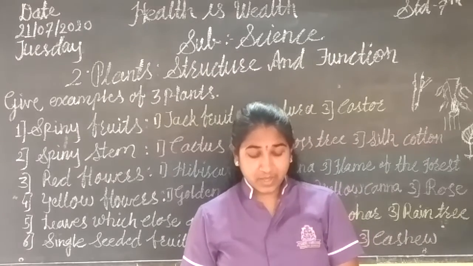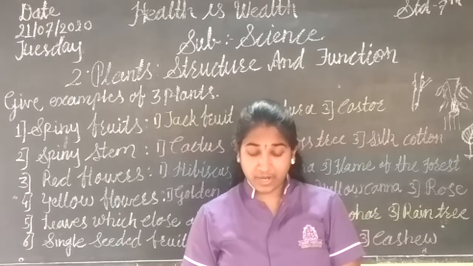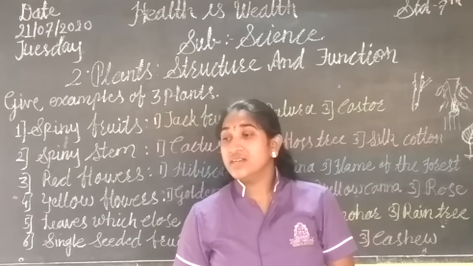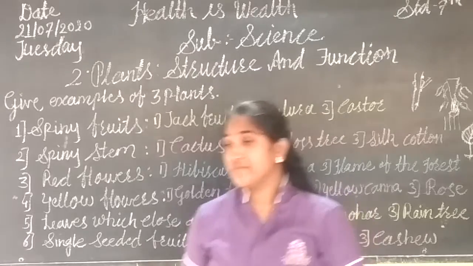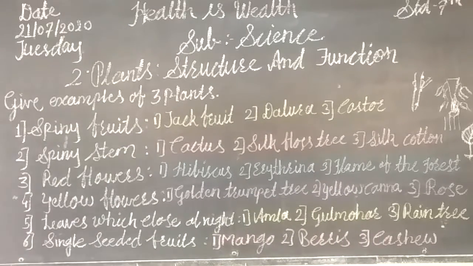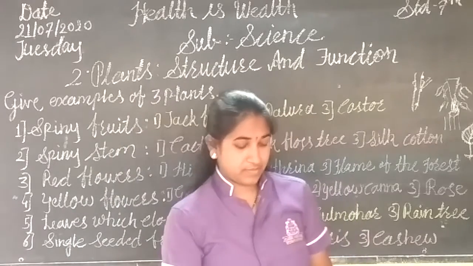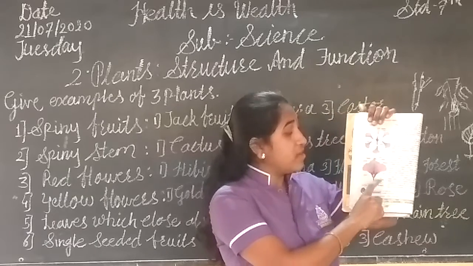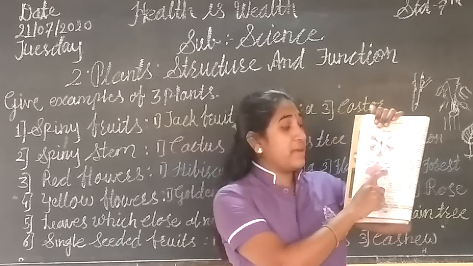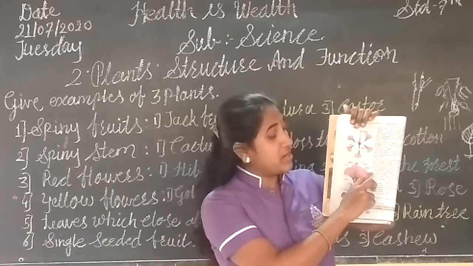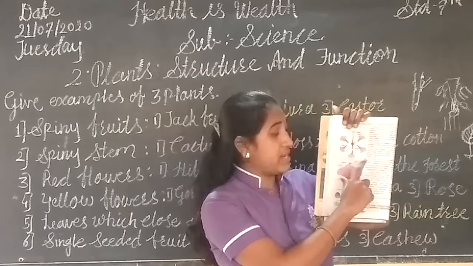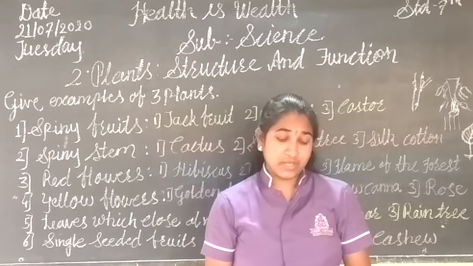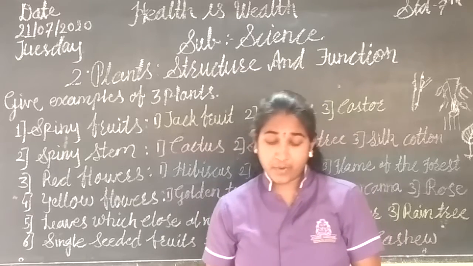Then androecium. The male reproductive part of the flower, which is made up of stamens. Each stamen has an anther and filament. See, in the textbook we saw there is anther and filament. Right? See, it is there. Names are given: pedicel, then calyx, filament. The main part. Okay. What does it consist of? It consists of the filament and anther. Okay. Then gynoecium, the female reproductive part of the flower, which is made up of carpels.